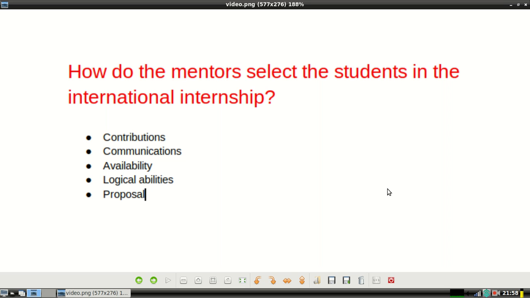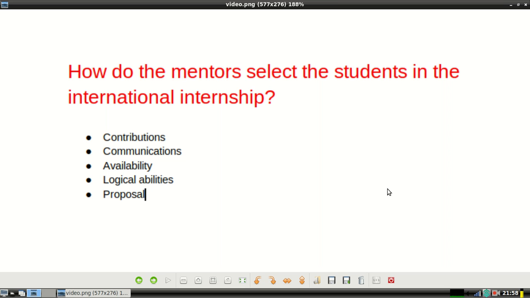You need time to spend on your project, because in international internships the projects are quite big. They're very big projects, and you need some time to understand the code criteria and the structure of the whole project. Then you will be able to resolve easy bugs and also contribute to your main project. So you need available time.